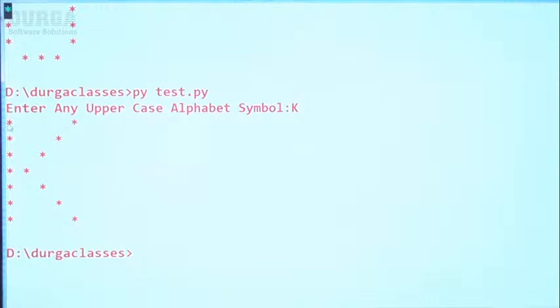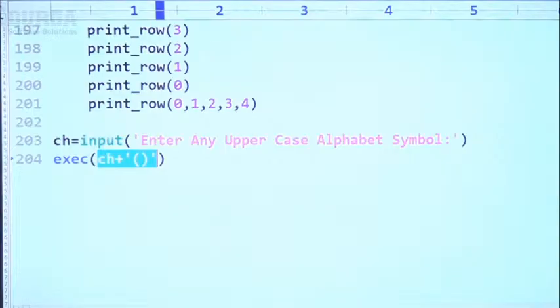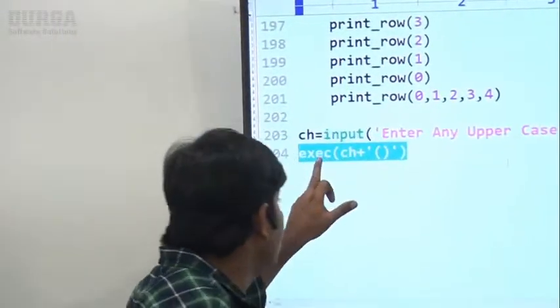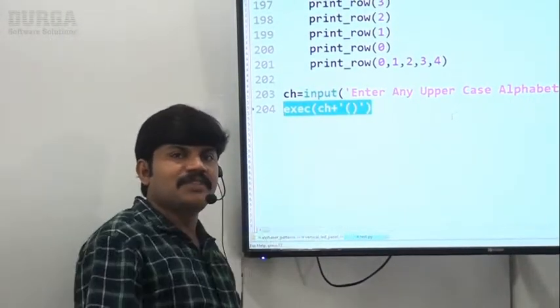Now the K pattern is ready like this, right? Sir, I want to take M. Yes, the M pattern is ready like this, right? Okay, that's all. So this beautiful function exec, you people should be aware, dynamically the function will be executed based